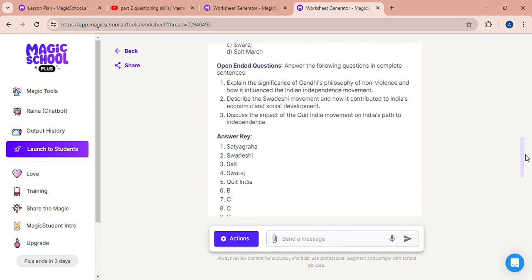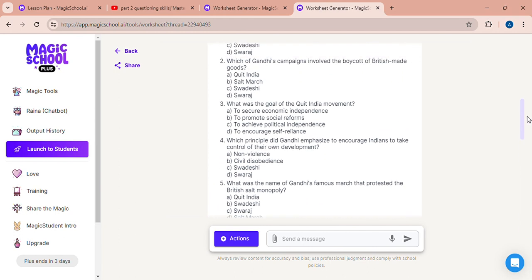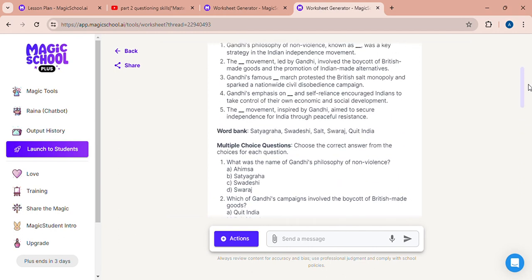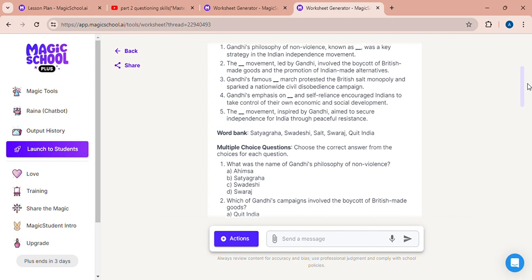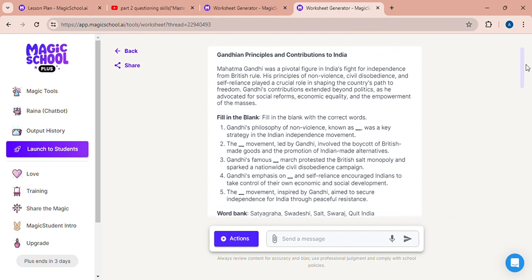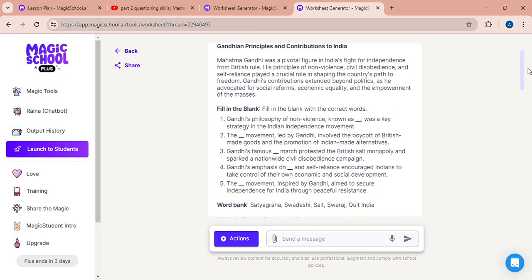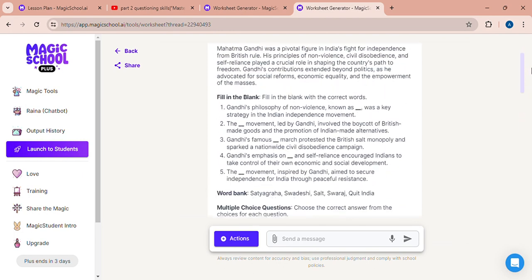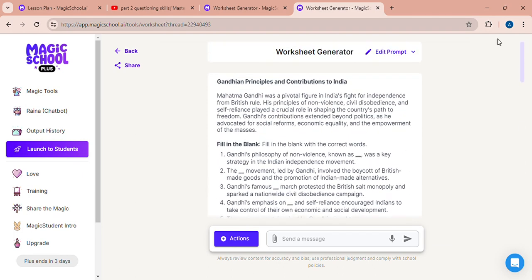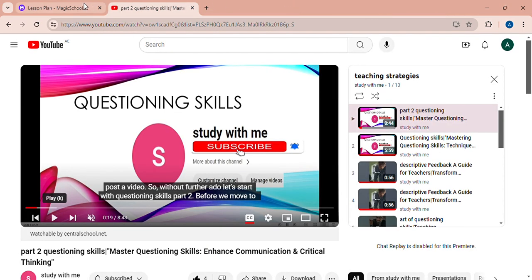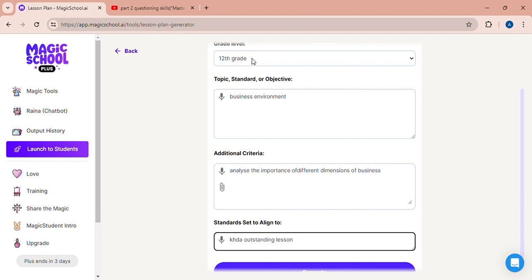You have different types of questions, open-ended questions, choose the correct answers. Mostly when we do our assessment, we could use this. The fill in the blanks, the passage is given, which you can also use as your differentiation topic for your class. The next one, the second important thing which I would show you is